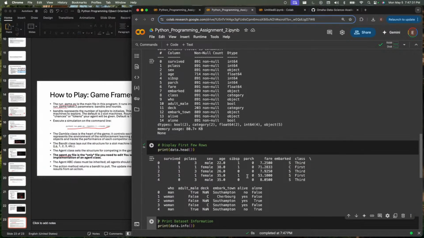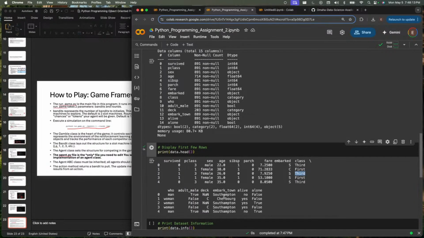Here we have whether or not somebody survived. We have this thing called P-class. We have the gender of the individual. We have their age. So this is interesting. This was a male, and they're 22 years old, and they did not survive. This is a female, and they were 38, and they in fact did survive. So now we can look at the fare that people paid for 71 versus 7 versus 8.